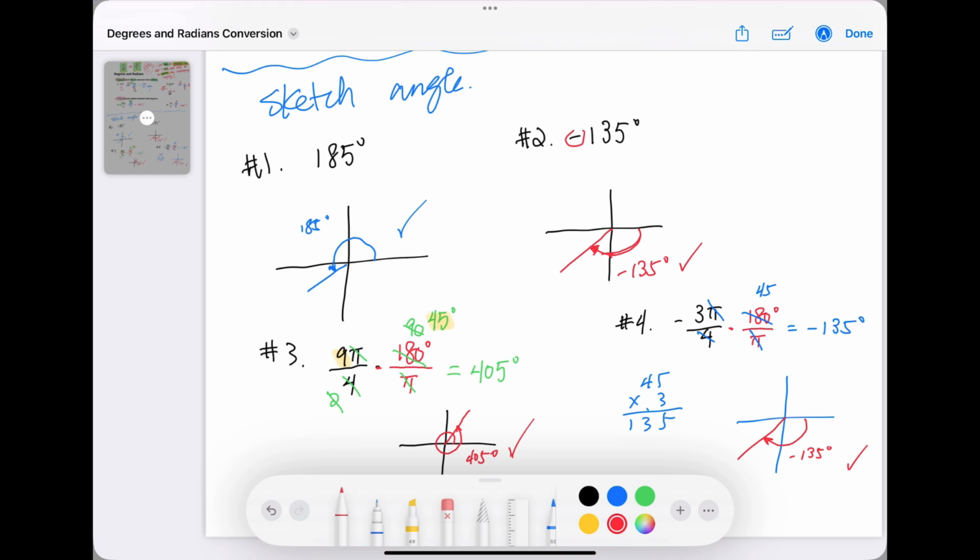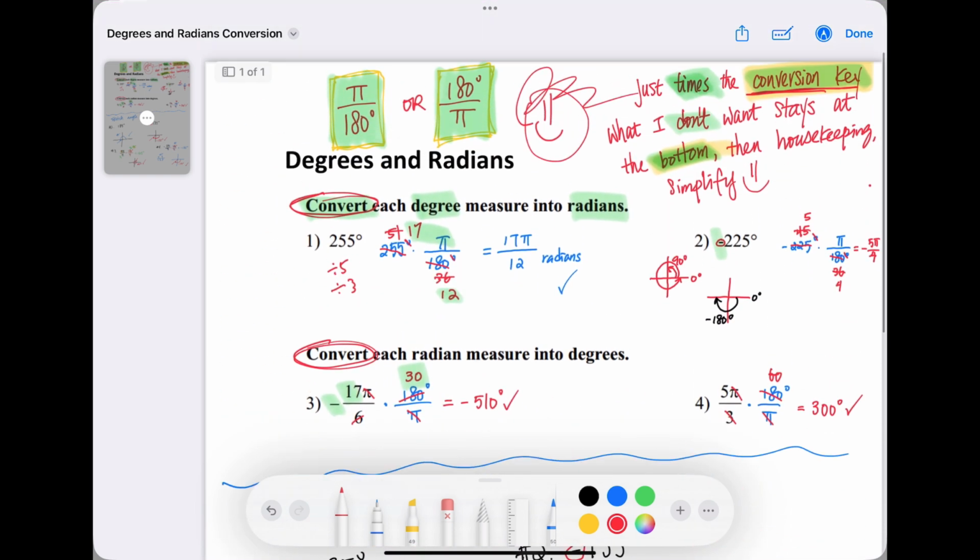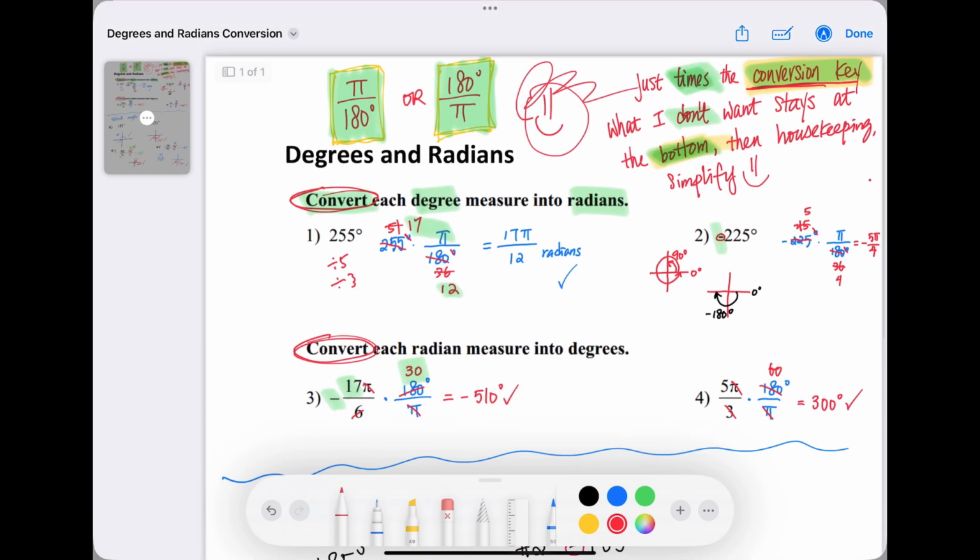And sometimes, if I don't like the positive or negative, we still have the freedom to sketch the picture by rotating. So do not overthink. If you say that I don't see the purpose of doing that, now you can say because 180 degree exactly equal to pi, so therefore this is kind of like a 1. So any number times 1, we still can